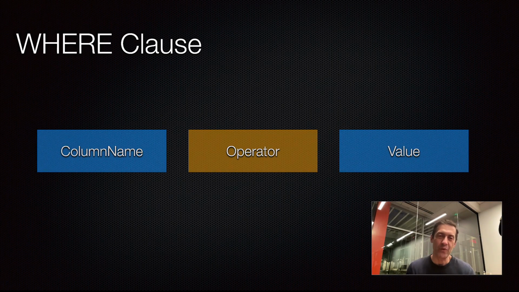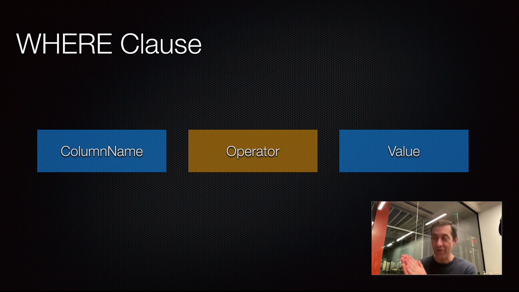In the previous video, we talked about the where clause structure. And in there, I mentioned that the values that you use in the where clause must match the data type for the column that is being referenced in the where clause. And the same is true for the operators. So operators will vary depending on the data type that you use when you reference one column or the other. And in this video, we'll be talking about available operators and see how they relate to the data types of the columns that are being referenced.